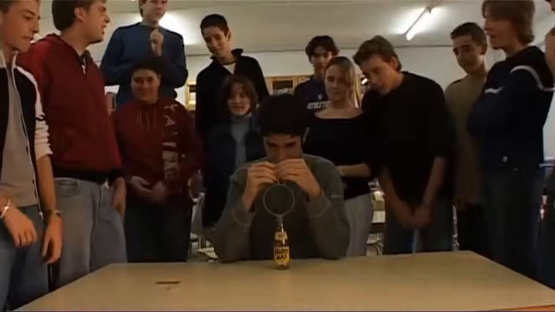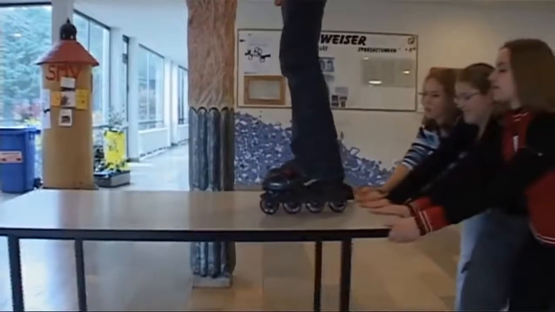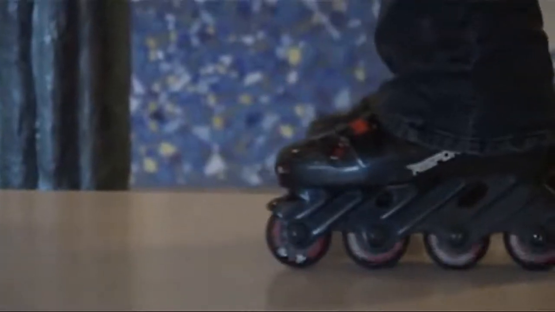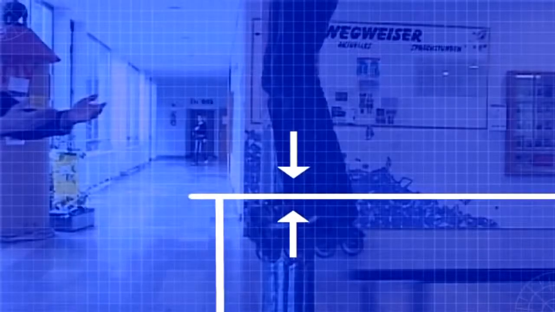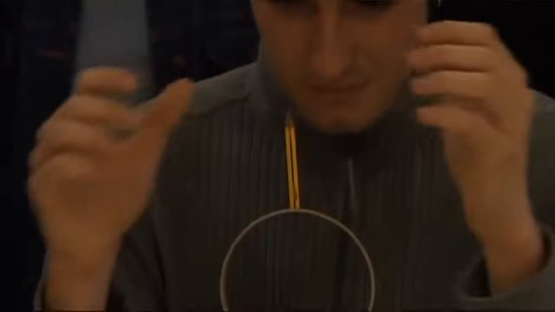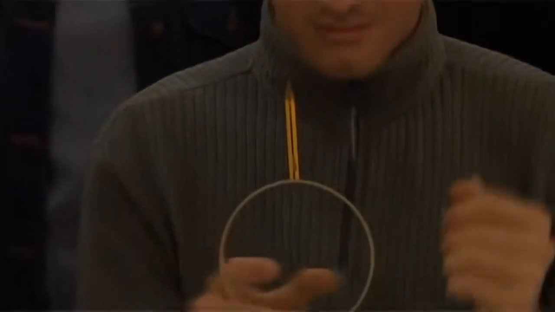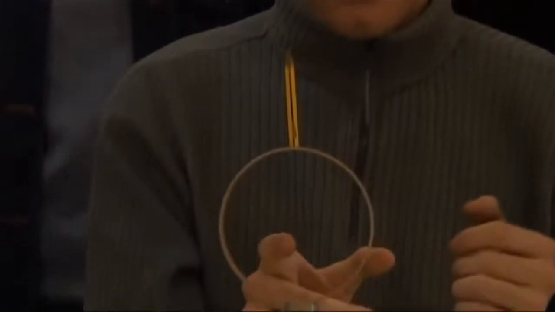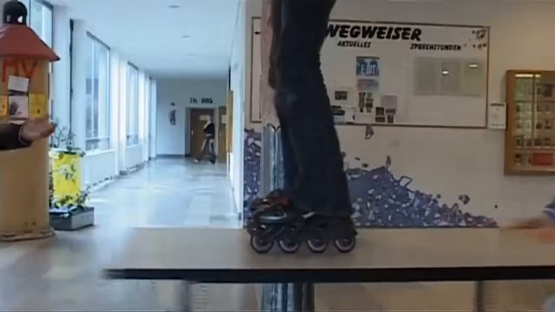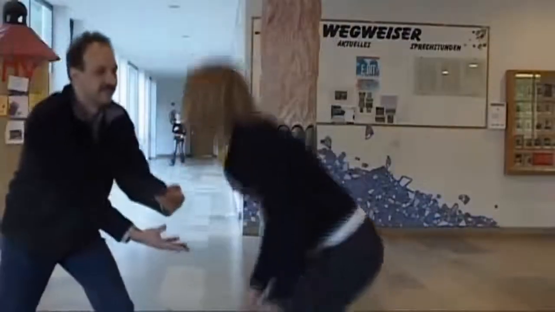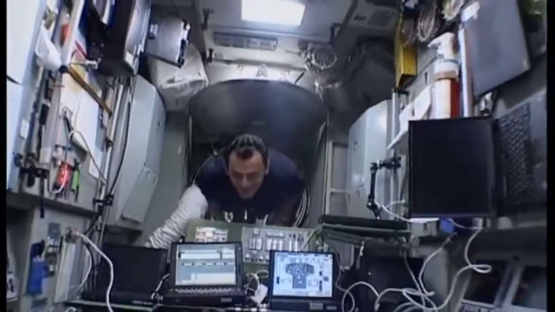In these experiments, the apple, the pencil, and the girl on rollerblades are not moving. They're at rest because the forces acting on them are in balance with each other. But when the support is removed, the force of gravity, now unbalanced, pulls them to the ground. Without the force of gravity, they would just stay afloat, just like on board the ISS.